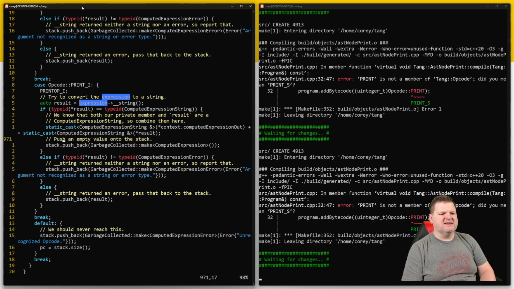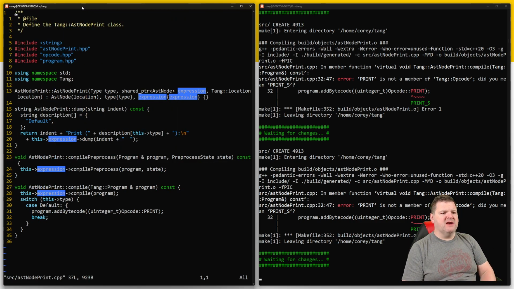We try to cast it, we try to convert it to a string. And we saw the AST node print, that's an issue. Well, we don't know if any of the rest of this is compiling because we haven't gotten there yet. But this is AST node print. And here is